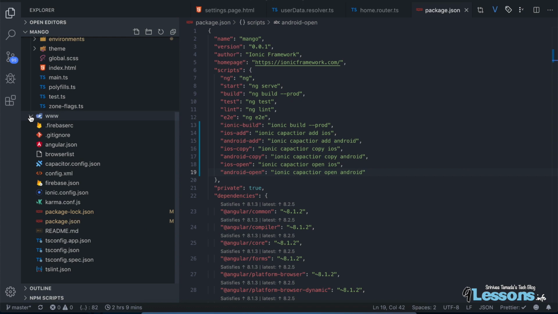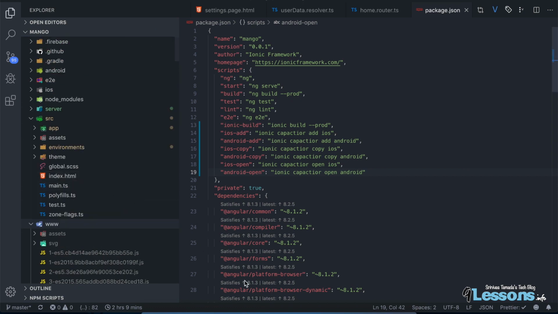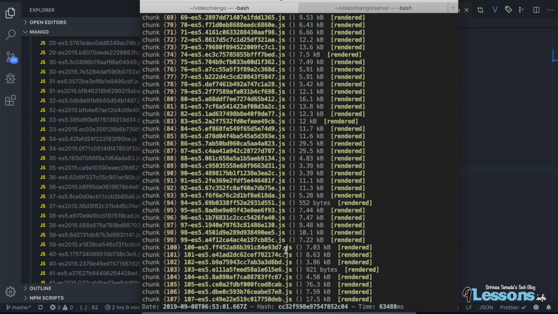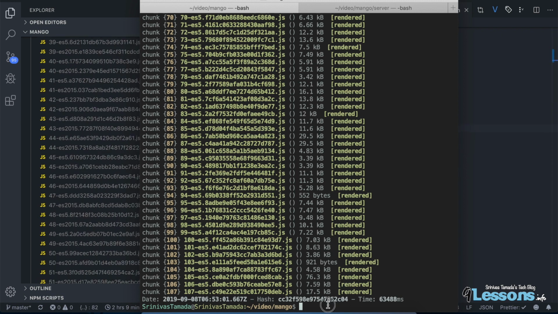You will see the www folder with all these production package builds. A lot of files got created. That is how Ionic is building now. So anyway, we created a custom script. So let me copy this. So npm